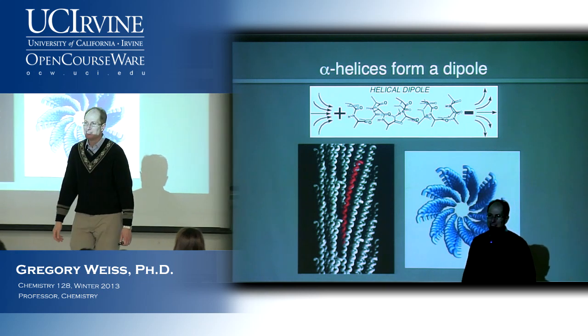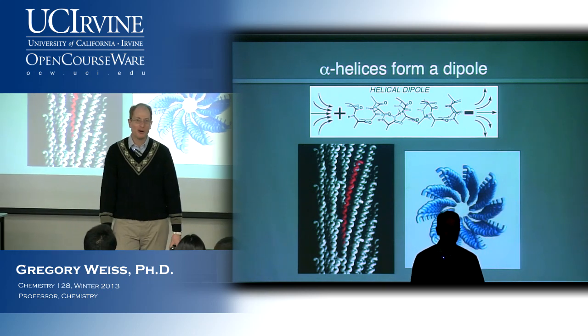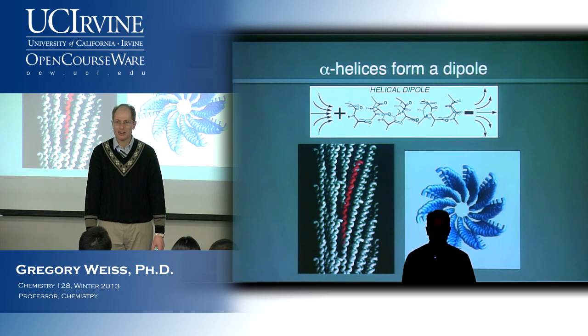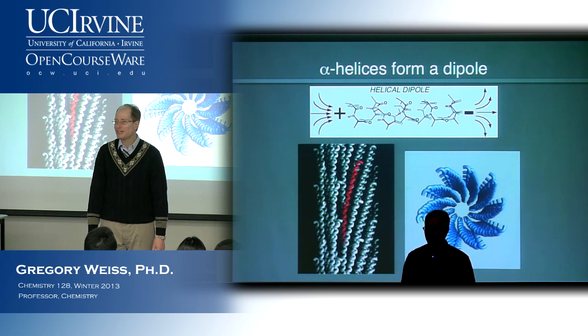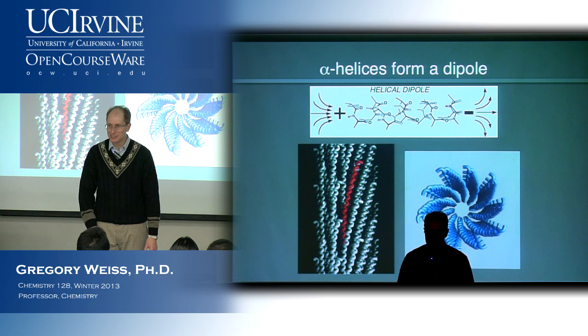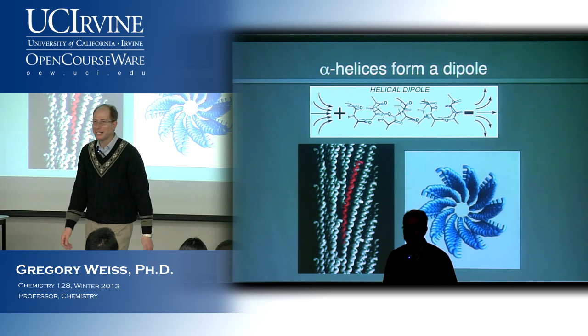Unfortunately, I hate to do this, but I'm starting with the major exception to all coiled coils. Every other coiled coil that we're going to see this quarter, and in fact, 99.999% of all coiled coils found in nature are left-handed coiled coils. This one just happens to be right-handed.